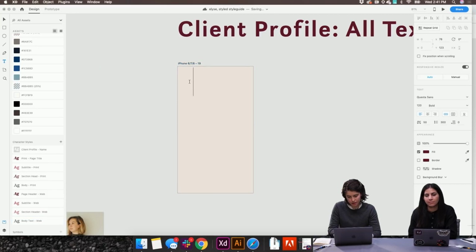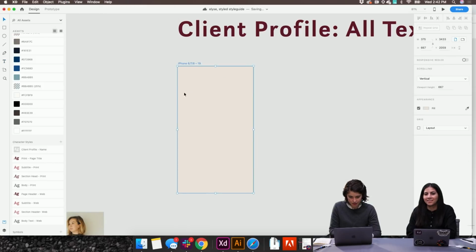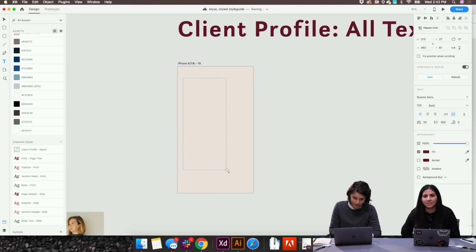I'm going to make a text box and then use my Lorem Ipsum plugin from yesterday. The text box goes away if I don't fill it.